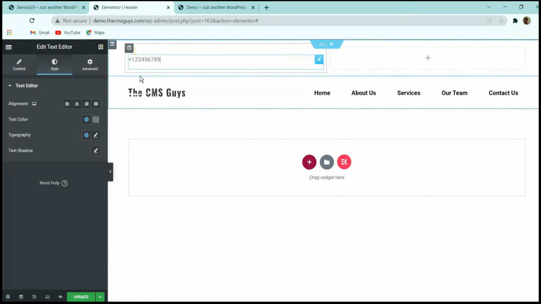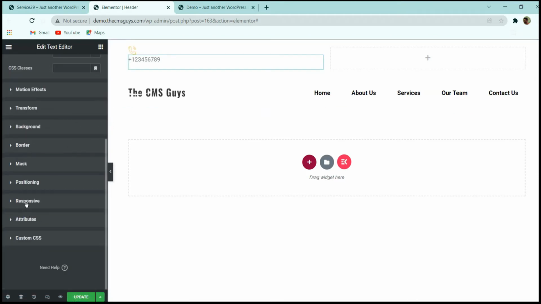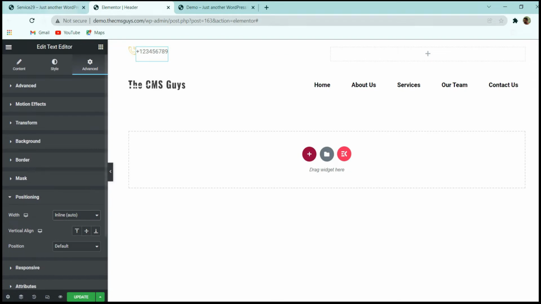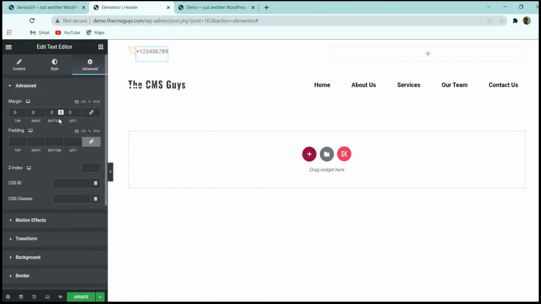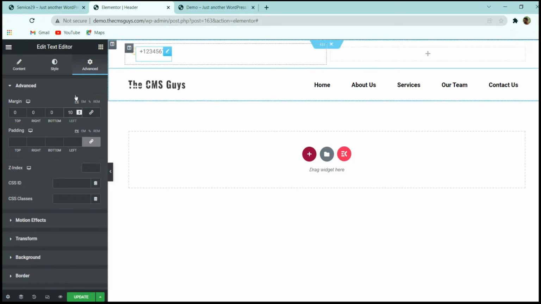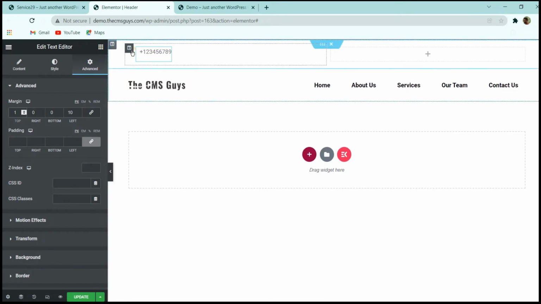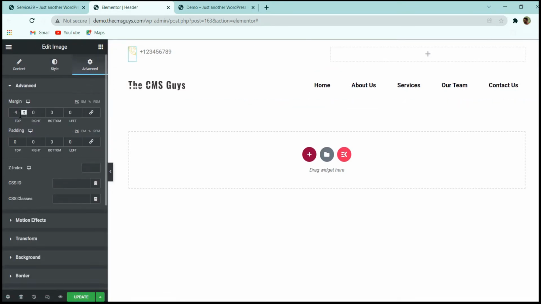And then again for this, I will go to the advanced tab, and in positioning, I will set the width to inline auto, so that this text will appear after the image. And then for this, in the advanced tab, I want to give it a left margin of 10 pixels, so that there will be a gap between the image and the text. And then a top margin of 1 pixel, and let me remove this margin also, so that it will look